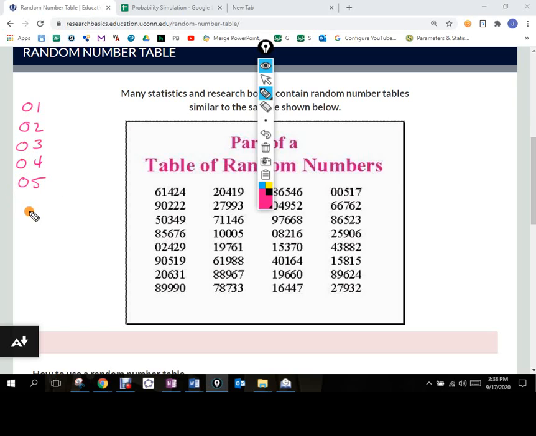If I had 100 people in my population or 200 people, whatever, my first person would be like 001. My second one would be 002. Does that make sense? So we'll keep doing that. I won't do this all the way out, but we would do that all the way down to 25. So each one of these numbers now has an individual attached to it.